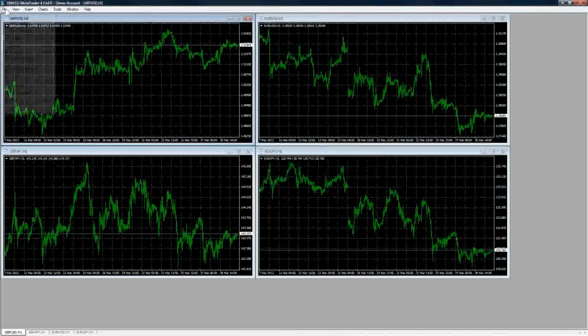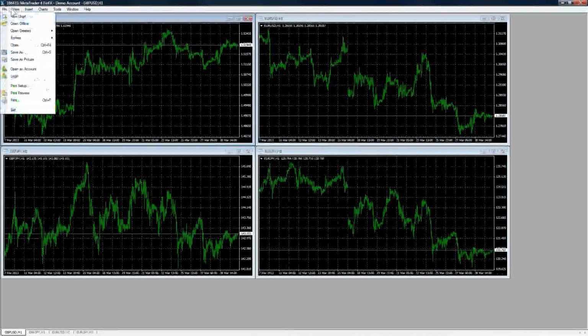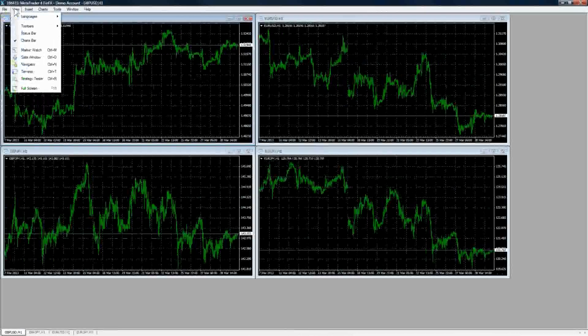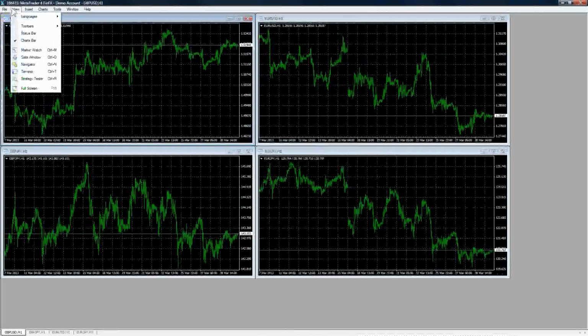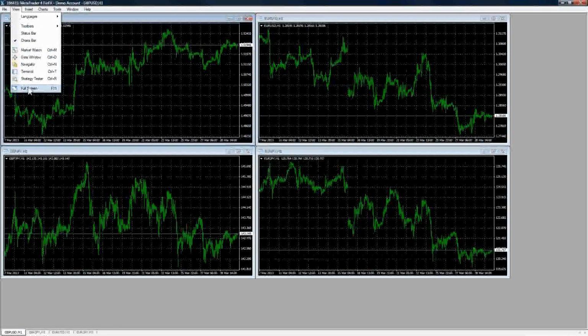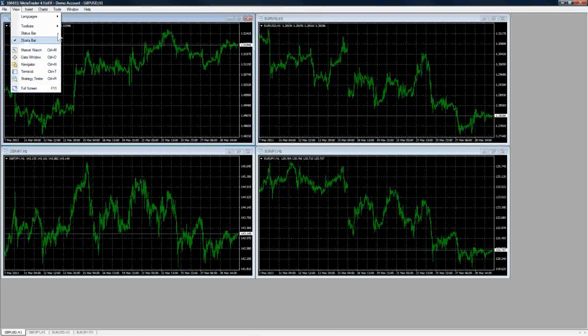One of the things that I like to do a lot of times, and you can do it in several ways, but some people don't really care for all of the different boxes, from the Market Watch to the Terminal and the strategy, all these different things. Some people don't care to see all that stuff if they're trying to focus on their charts, and so they'll hit full screen, and that's, of course, F11. And that's the nice thing about MetaTrader, they do show you right off to the side what your hotkeys are. It just makes it a little bit quicker to access those things.